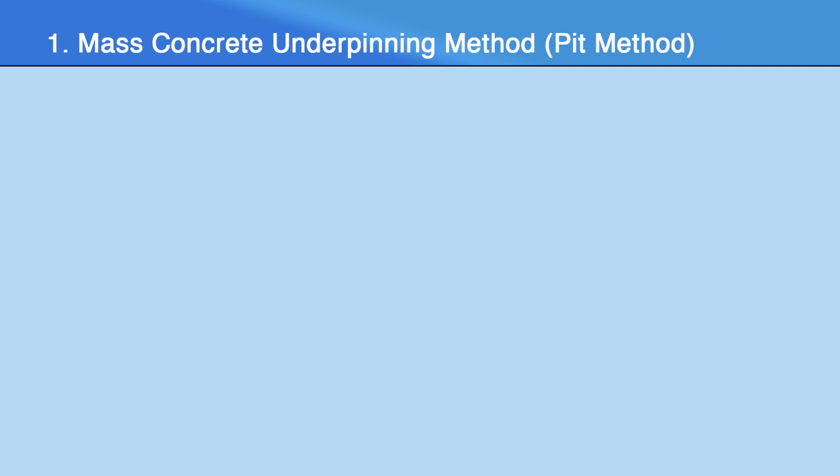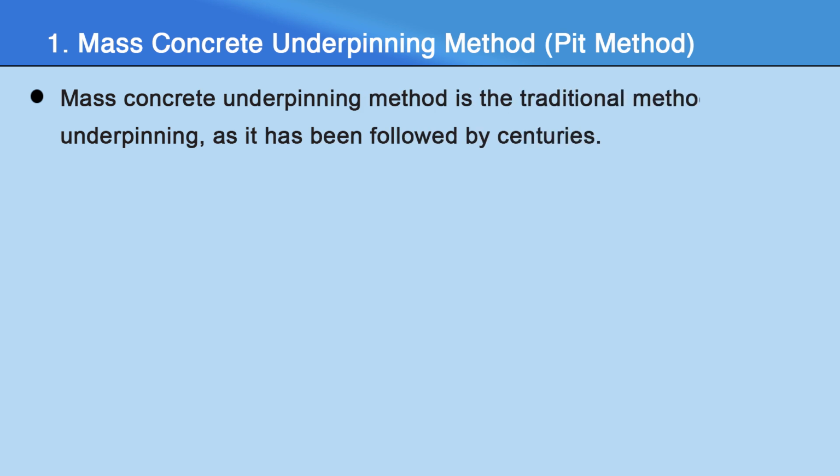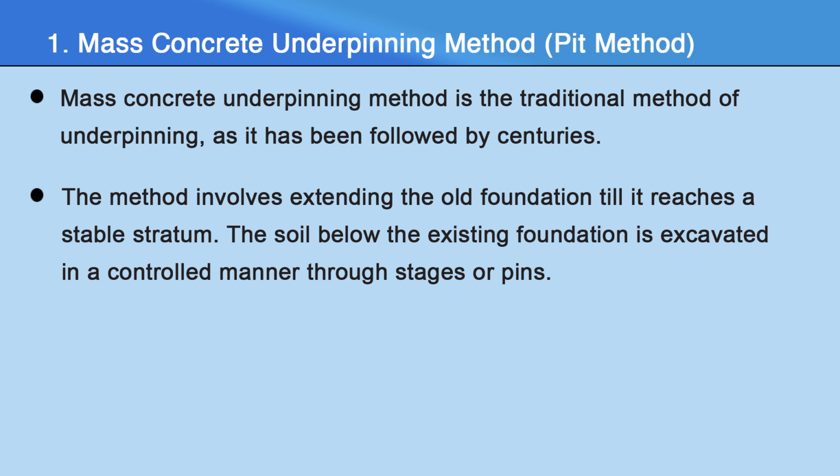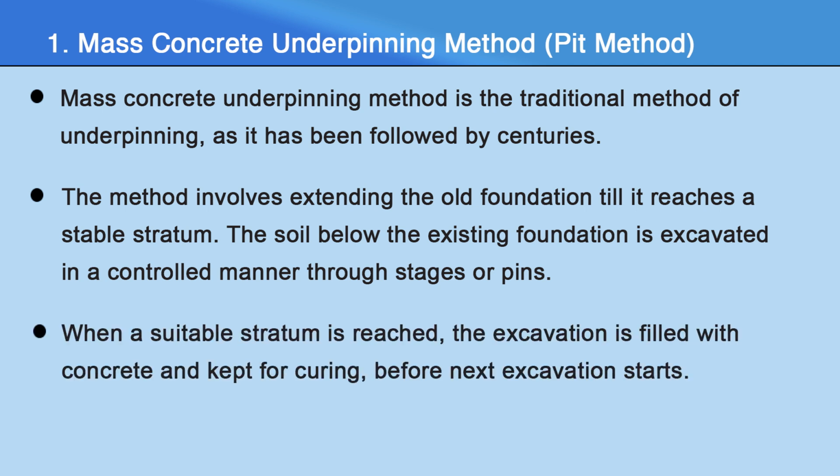The first method, the mass concrete underpinning method or pit method. The mass concrete underpinning method is a traditional method of underpinning as it has been followed for centuries. The method involves extending the old foundation till it reaches a stable stratum. The soil below the existing foundation is excavated in a controlled manner through stages or pins. When the suitable stratum is reached, the excavation is filled with concrete and kept for curing before the next